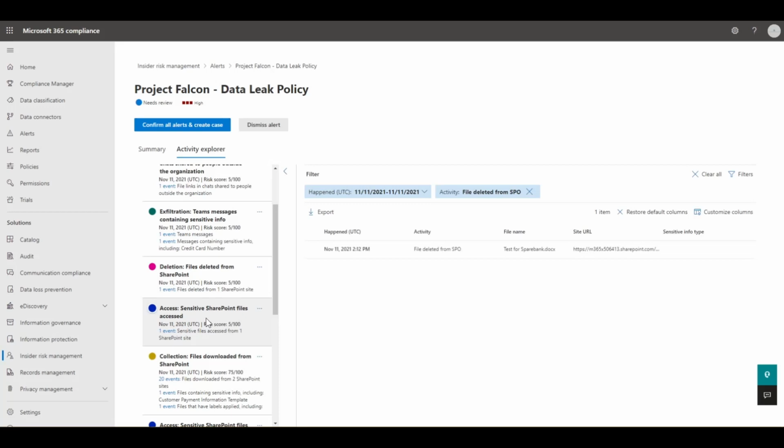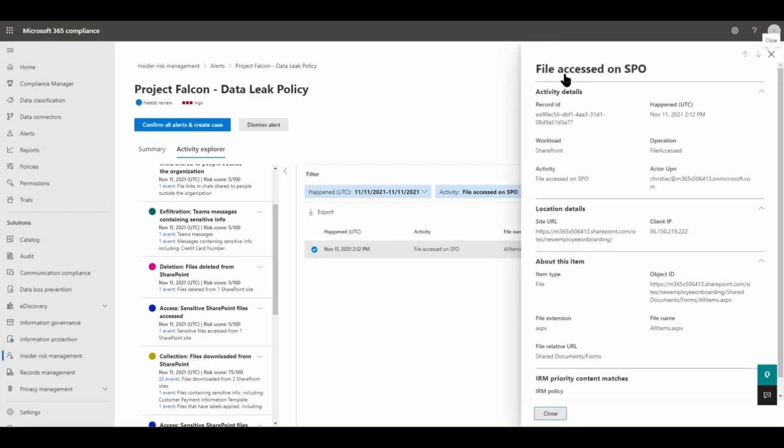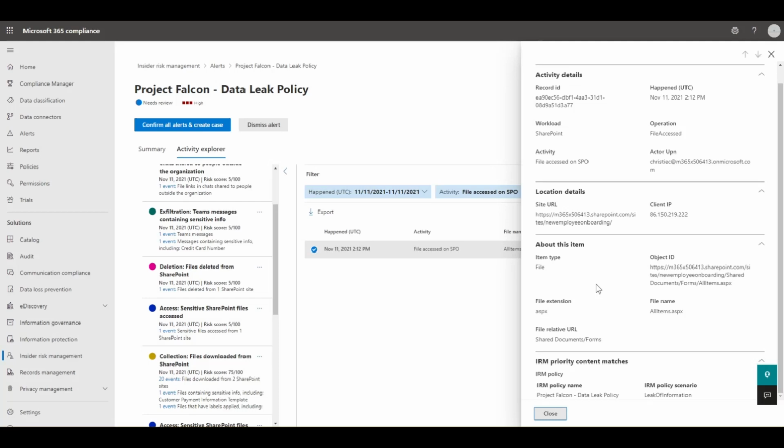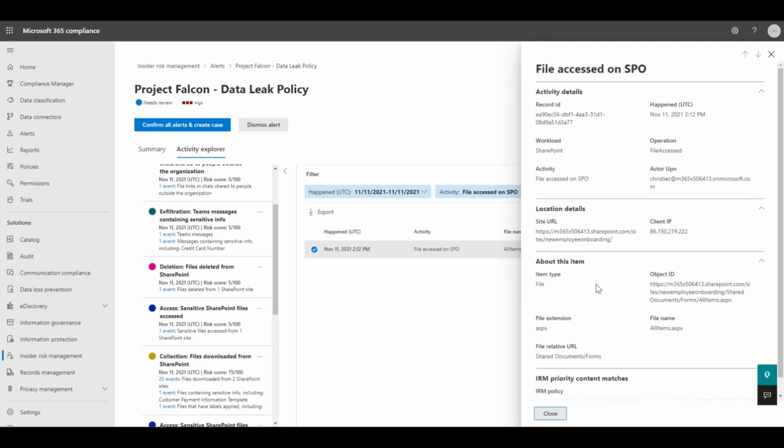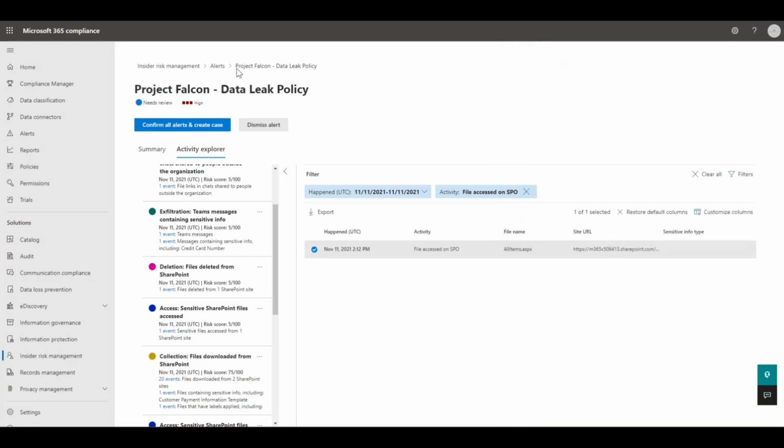So let's come and have a look at the one with the access sensitive SharePoint files. Let's select this item. Okay, and then you can select that, and again you get a more detailed overview of what that item is, where it is, who it belongs to, who it's shared with, the actual item ID. Very, very detailed information inside of here. Additionally, what you can do is you can confirm all alerts and create a case, but I've already got a